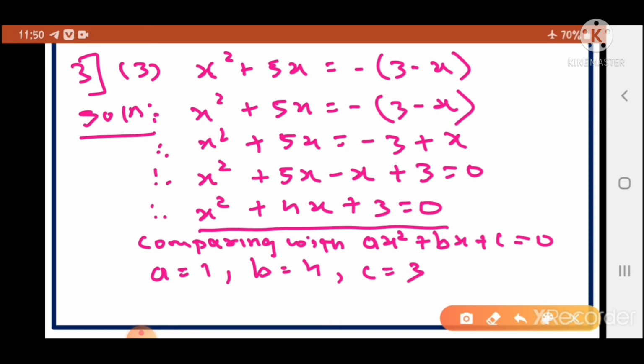So practice, more sums are there in this exercise 2.1, similar type of sums, practice. Okay, and if you find any difficulties, we can discuss again. I think you are capable of doing this kind of sums, because it is very easy and just a little concentration is required, and definitely you will solve these sums. Shall we move further? Okay, now we will move to question number 4.